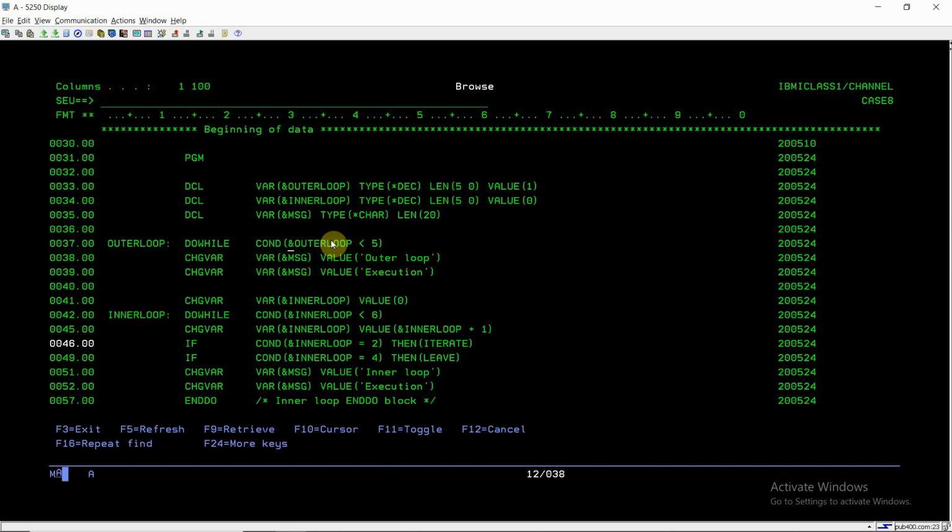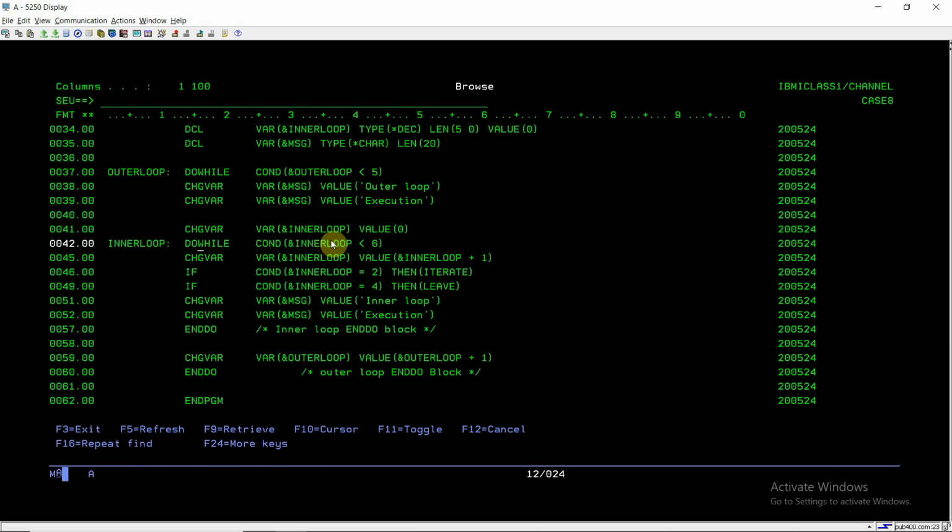If it is less than 5, then the condition is true and the control will come inside this outer loop and execute these two commands, where we are changing the variable message value to outer loop execution. Then at the third line we are setting the inner loop value as 0, and now we are going to execute the inner loop inside the outer loop.